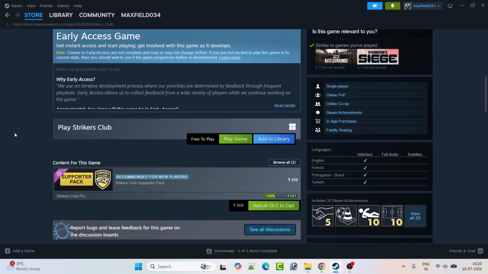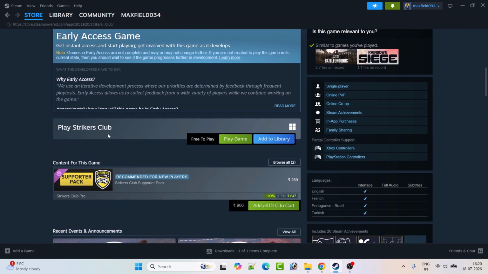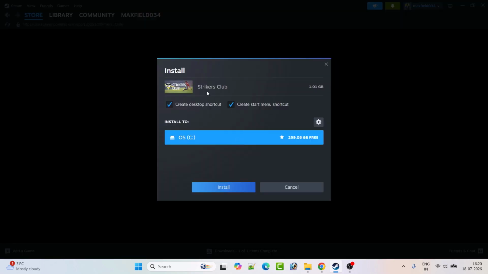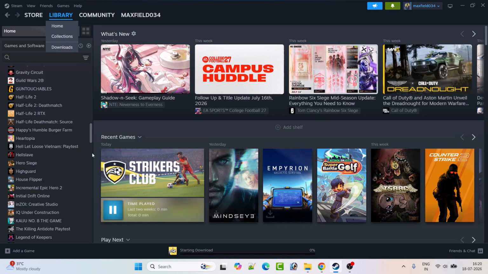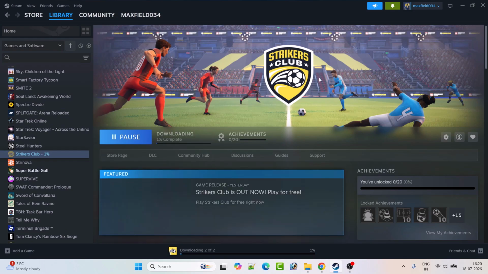Scroll down and here it will say play Strikers Club free to play. So click on play game button. And here you will see Strikers Club and the file size is 1.01 GB. Click on install, then go to library, and here you can see that Strikers Club game is getting downloaded on